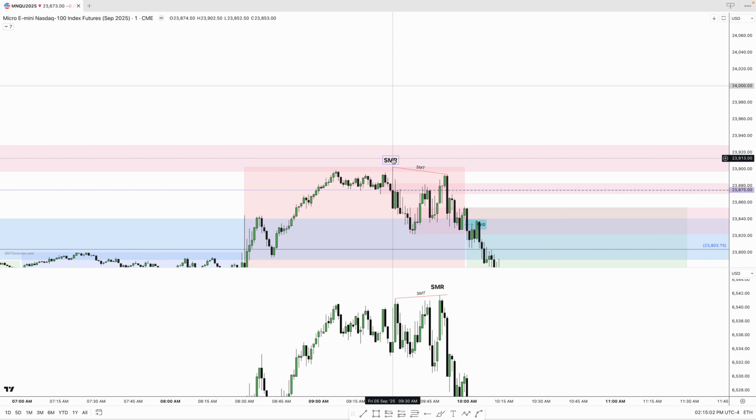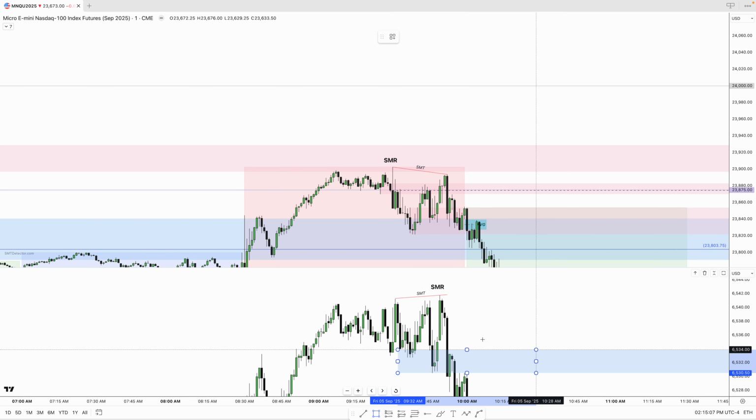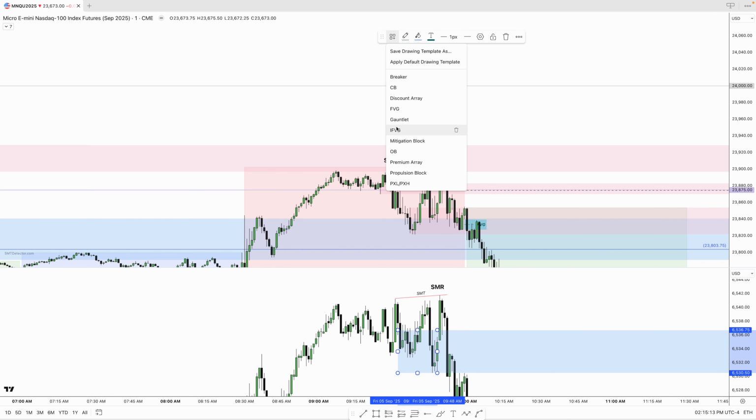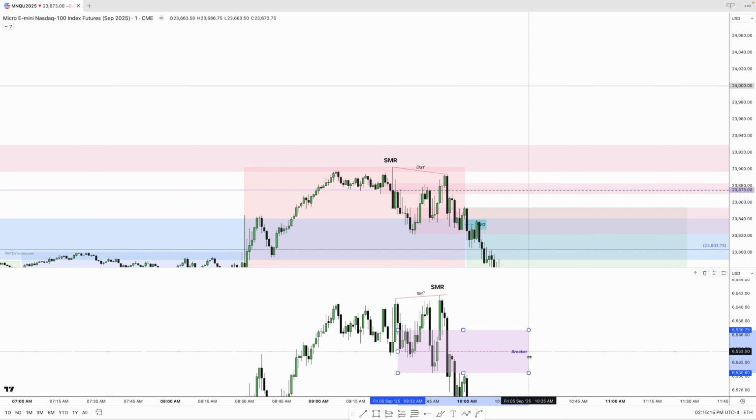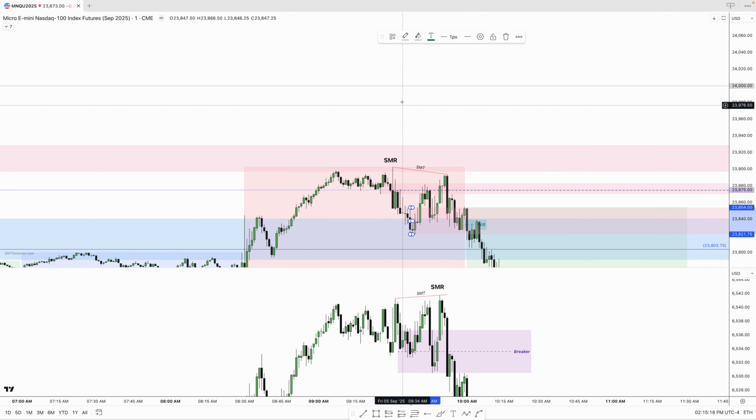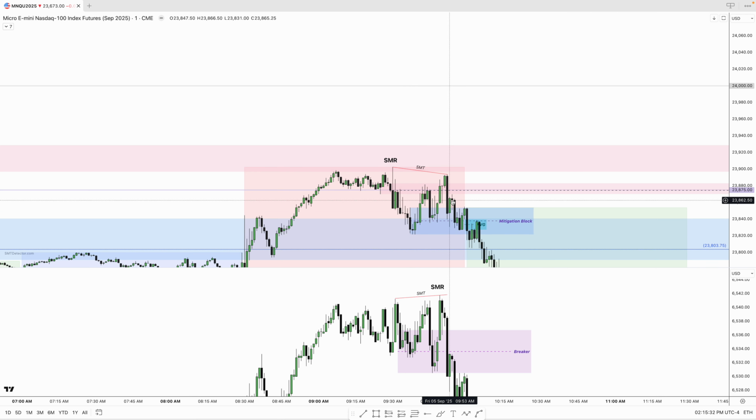So what does that give us? That gives us a breaker. All right, it gives us a breaker on ES, breaker, and that gives us a mitigation block here on NQ. Okay, mitigation, breaker, those are the most obvious PD arrays between these 2 highs and lows. And then what confirmed CSD initially was here, okay, this breaker